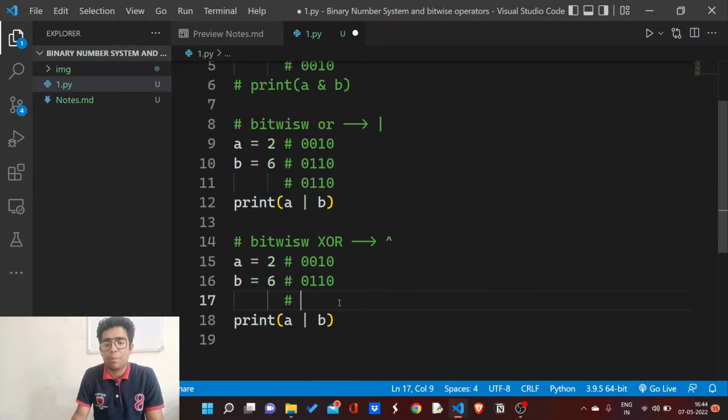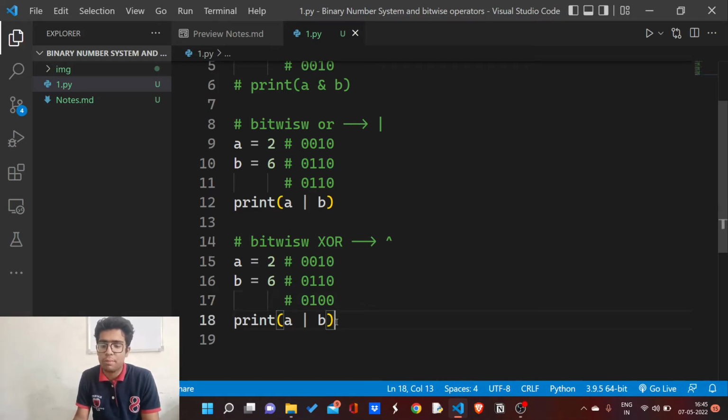Now I am going to apply the bitwise XOR operation manually. As I have said, 0 and 0 will result in 0. 0 and 1 will result in 1. 1 and 1 will also result in 0 in case of exclusive OR, and 0 and 0 will result in 0.